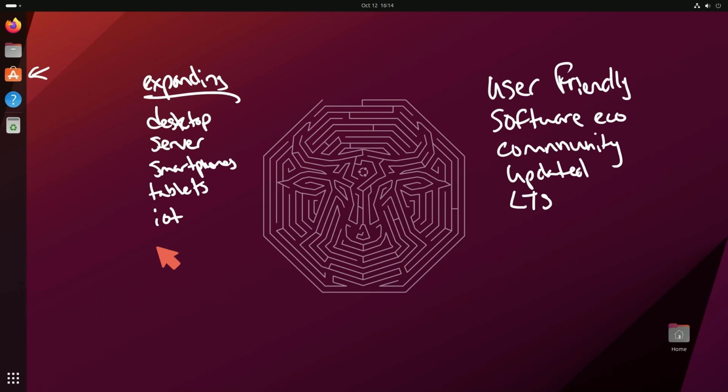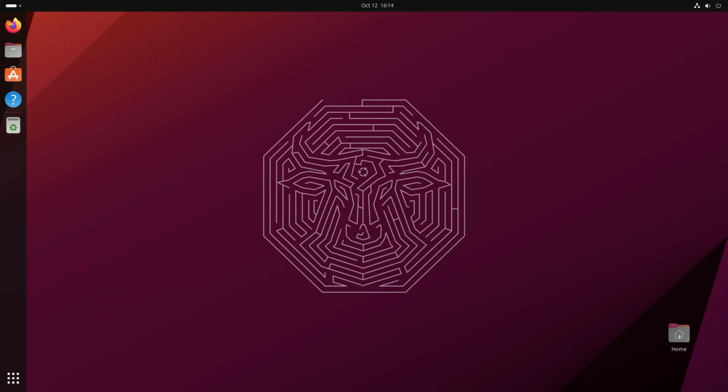We also have it on smartphones, tablets, IoT devices, and even embedded devices. With things like Ubuntu Touch and Ubuntu Core, there are many different editions all available for any type of user, which really sets Ubuntu apart, because a big company like Canonical can focus on all those ecosystems without actually fragmenting itself. Again, it has become a juggernaut in the Linux space. A lot of people use that distribution, or at least get started with it as their first introduction to Linux.